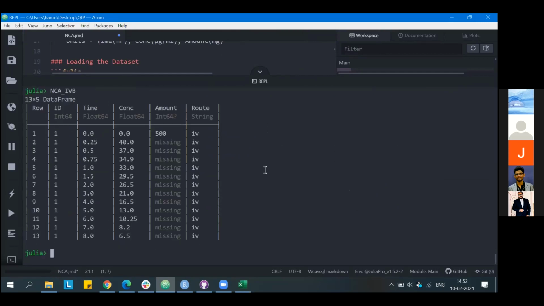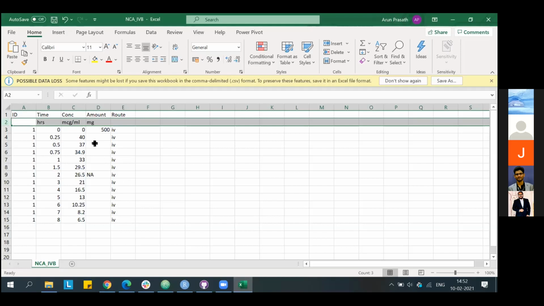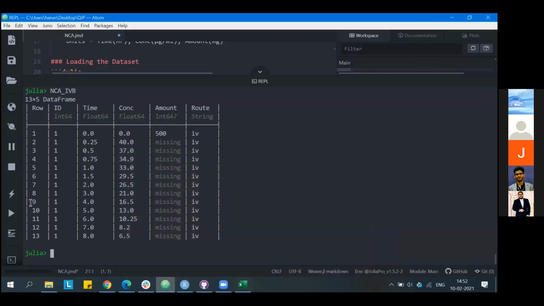Here you can see the exact data frame which we saw in our Excel sheet. The same thing, but instead of the entries where we don't have any data, it is replaced with missing. So the exact data frame has been imported right now.